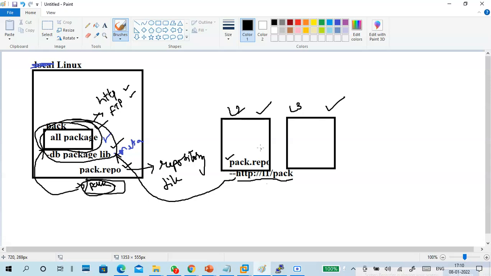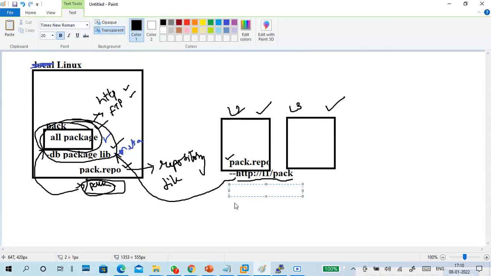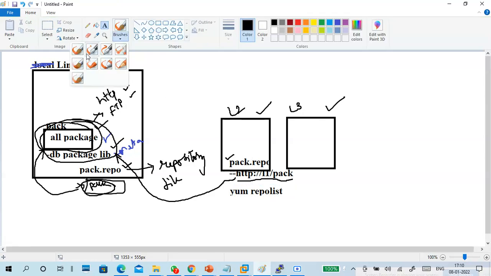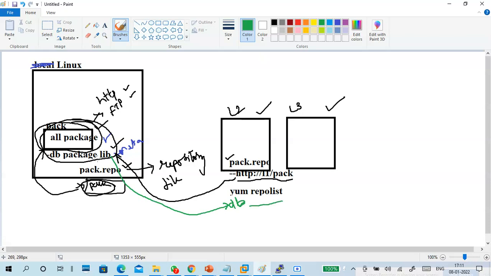That's it. I didn't copy anything here. Understand? I didn't copy any packages here. Then once I've done this, I put this command, yum repolist. When I put this command, first of all, it pulls all the database to my location.